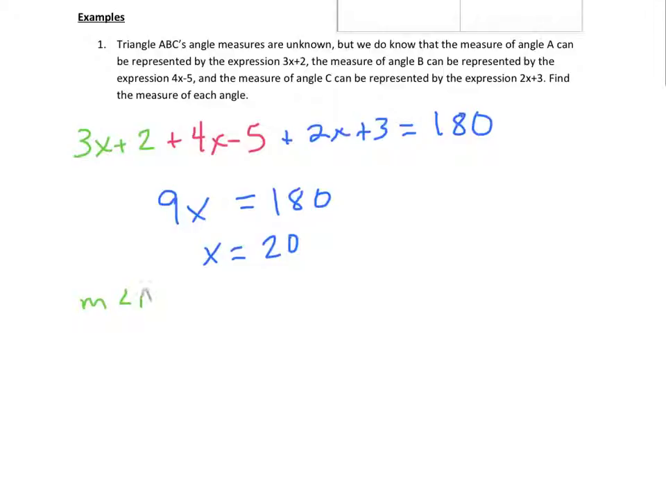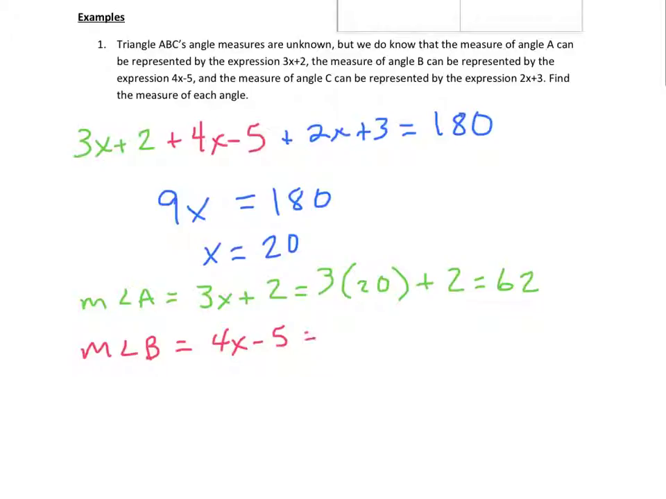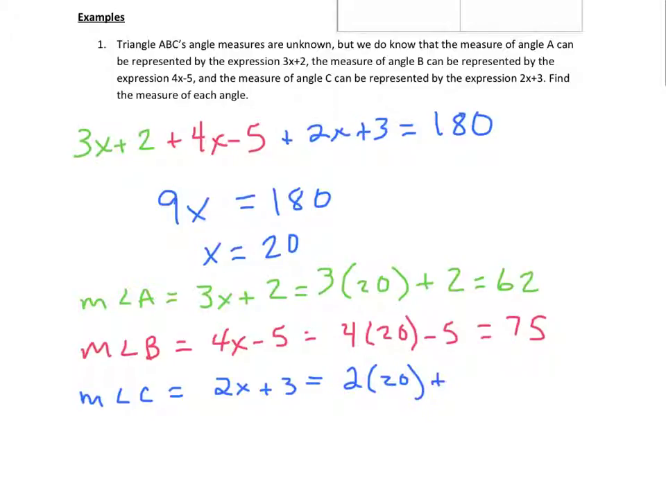So what we'll need to do is plug x into each expression. For the measure of angle A, that was 3x plus 2. So we'll need to do 3 times 20 plus 2, and that'll give us 62. The measure of angle B was 4x minus 5, so we'll plug in the 20. 4 times 20 minus 5 will give us 75. And then the measure of angle C was 2x plus 3. So 2 times 20 plus 3 is 43. So now we have our answers,